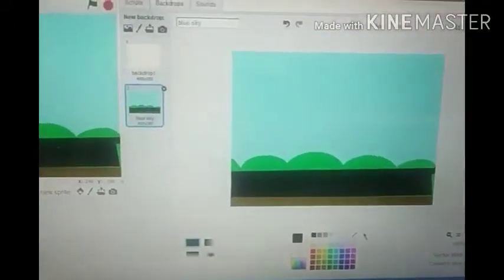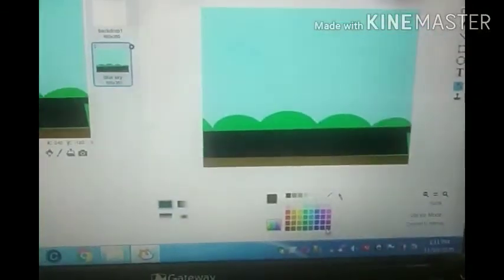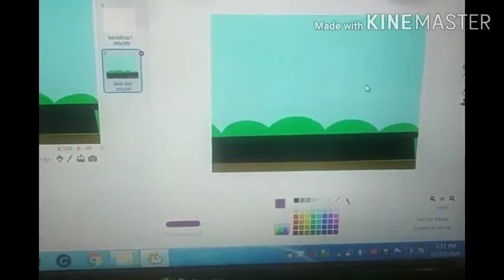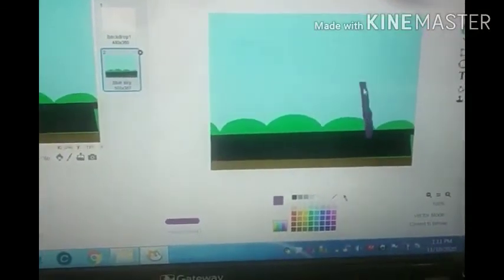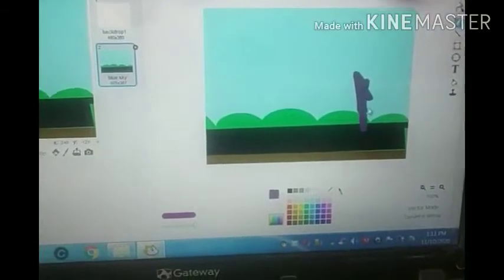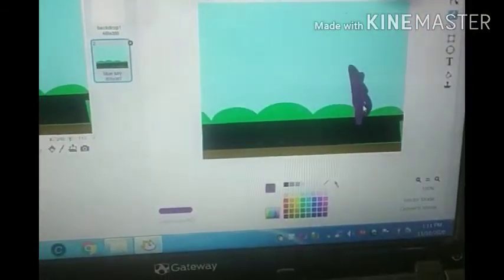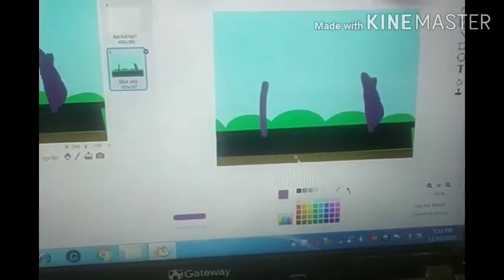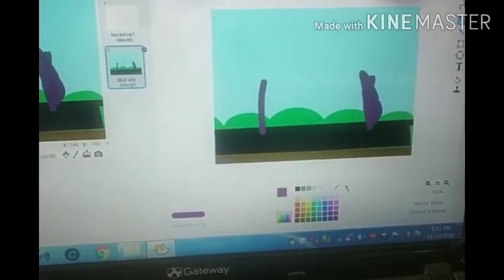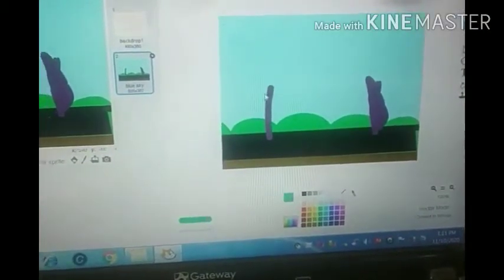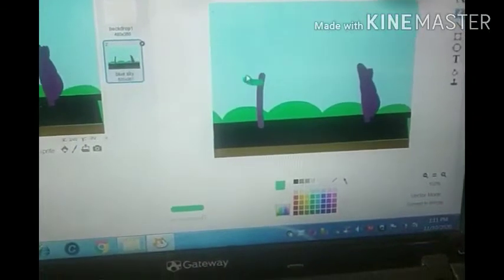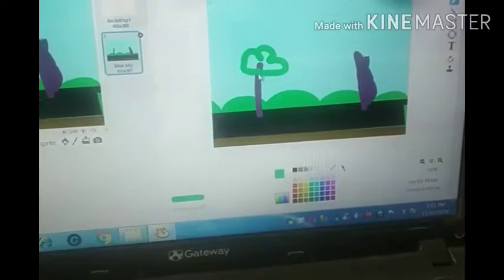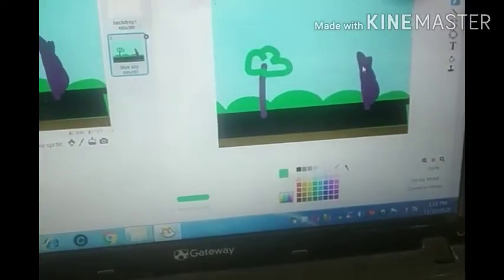And further if you want any tree to be drawn, select any color and select the pencil tool. With the help of the pencil tool, you draw a tree here. My drawing is not as good as you are thinking, so draw it nicely on your own. Selecting other colors and implementing there. Another tree also.